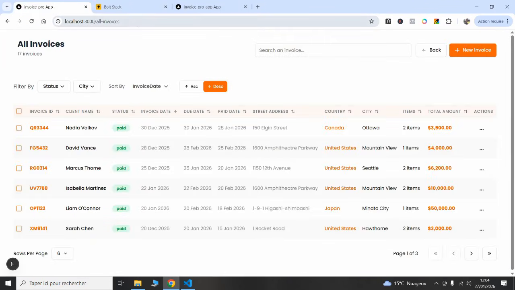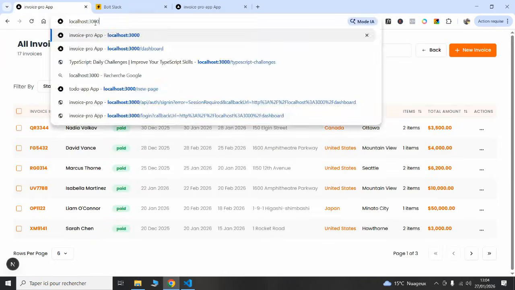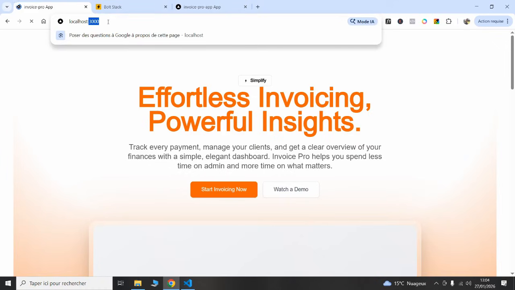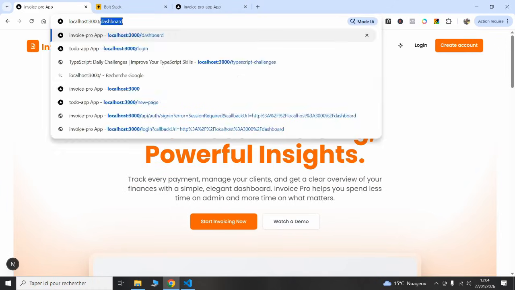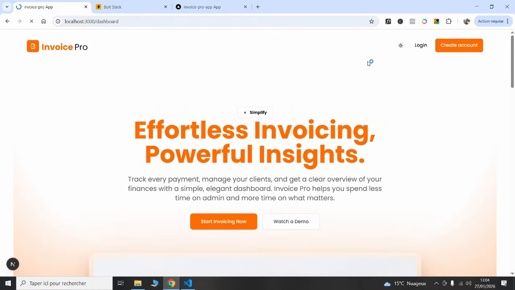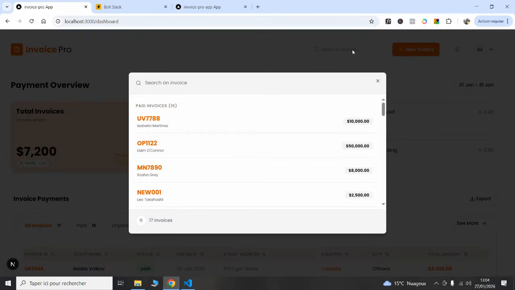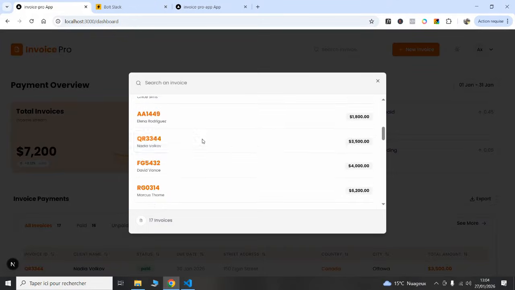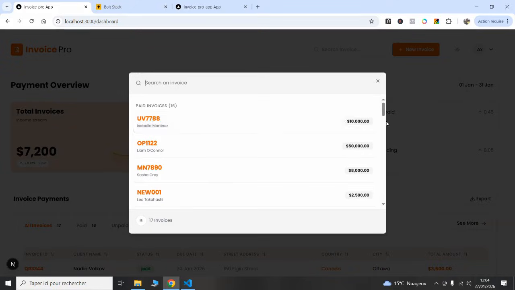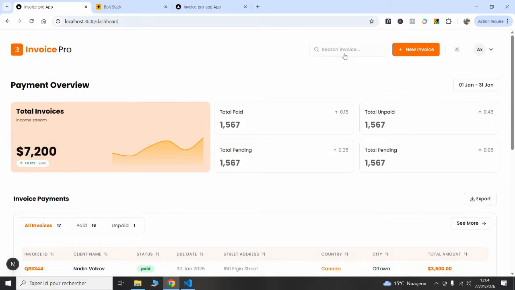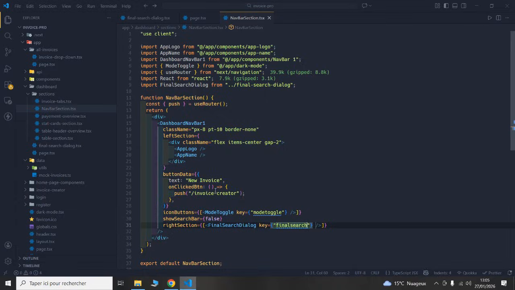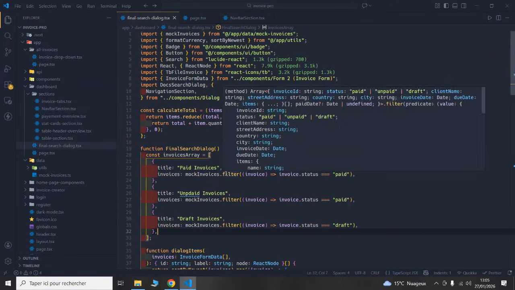So if we go back here, let's go to the dashboard page. We should see our component at the top. If we click on this, as you can see, this is our dialog set and ready to be used very quickly. So if we go back to the file, the final search dialog,